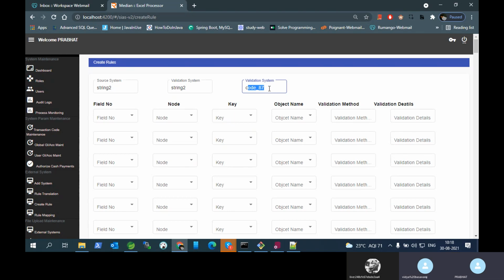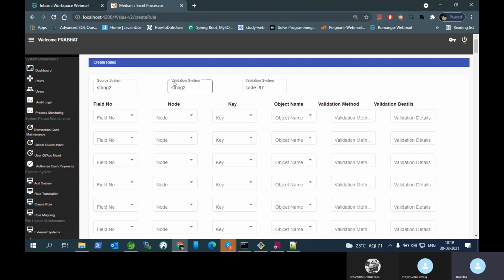Sir, this one we will get to know based on the external system maintenance. While doing the maintenance, you are selecting the protocol, right? It is XML HTTP or it is XML DB. Based on that, you need to first check. If we are displaying system 2 and code 87, first you need to select their type of message. System 2, what is the type of message? If it is XML, you need to display the node. If it is ISO, then you need to display the field number.